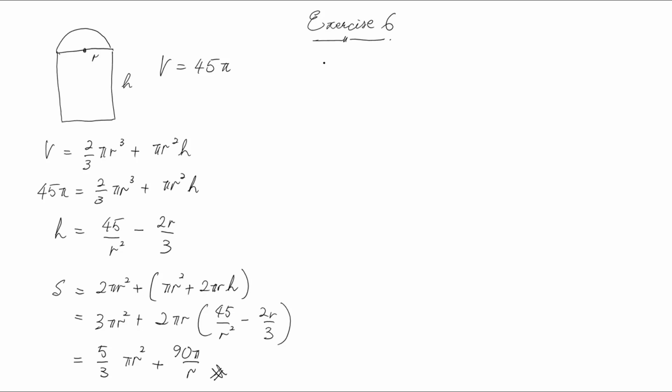One more to go, which is what is the value of the radius r if the total surface area is maximized or minimized? But basically it's optimized in this case. So just use your ds/dr, find it. It should be 10 over 3 pi r, and then this one will be minus 90 pi over r square. Let it equal to 0. You already know how to